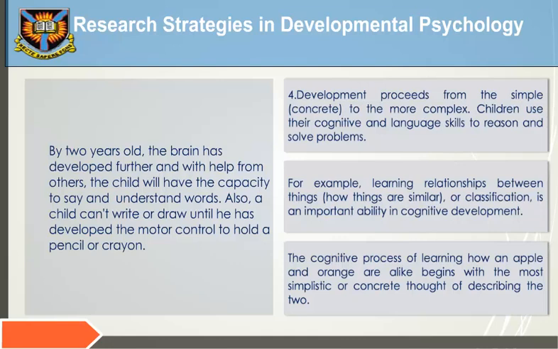4. Development proceeds from the simple concrete to the more complex. Children use their cognitive and language skills to reason and solve problems. For example, learning relationships between things, how things are similar, or classification is an important ability in cognitive development. The cognitive process of learning how an apple and orange are alike begins with the most simplistic or concrete thought